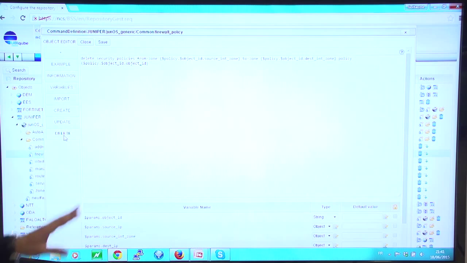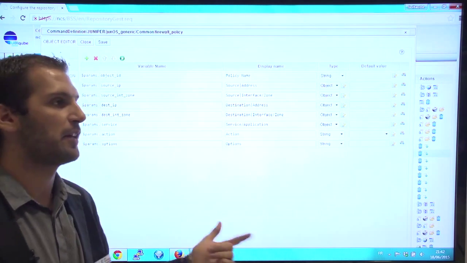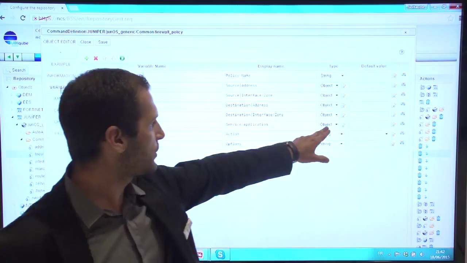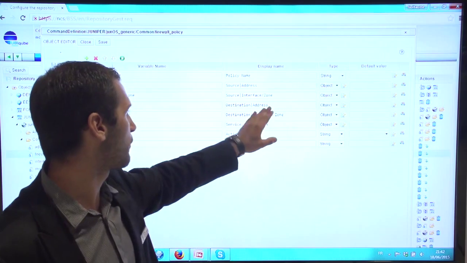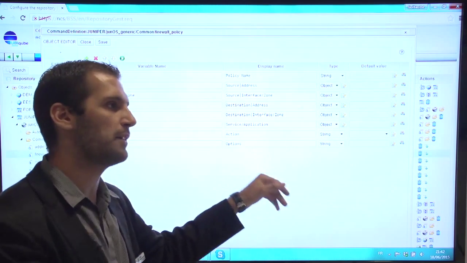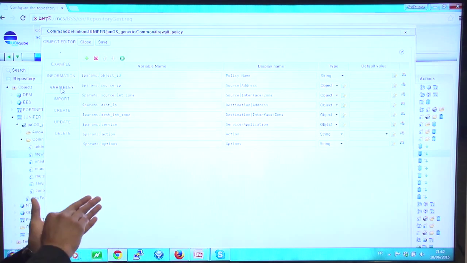Automatically, all the parameters that I create on my object are set in my variable stack. Let me show you that. What I can do is redefine the name on the UI, get a user-friendly name, and I can type my variable. It can be a string, it can be an IP, it can be an integer. So automatically on the UI, I will get all the control on the field. I can also cross-reference one specific parameter to an object. This is the case, for example, with address. I will link my field address with another object called address. And thanks to that, as a user, when I want to create a new firewall policy, instead of manually entering an address, I can select an existing one.